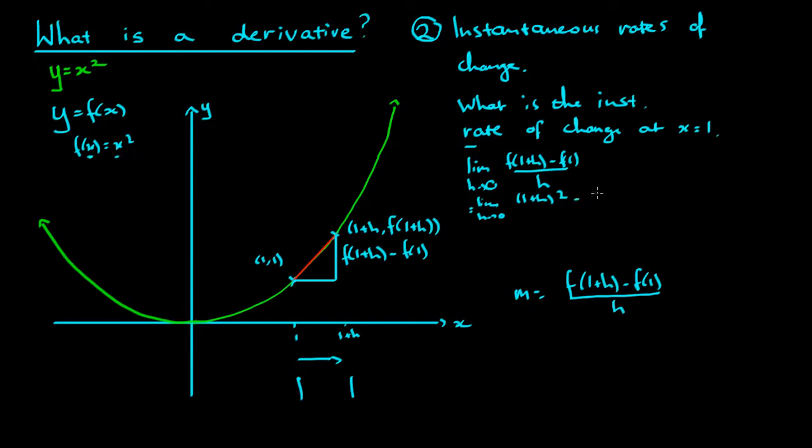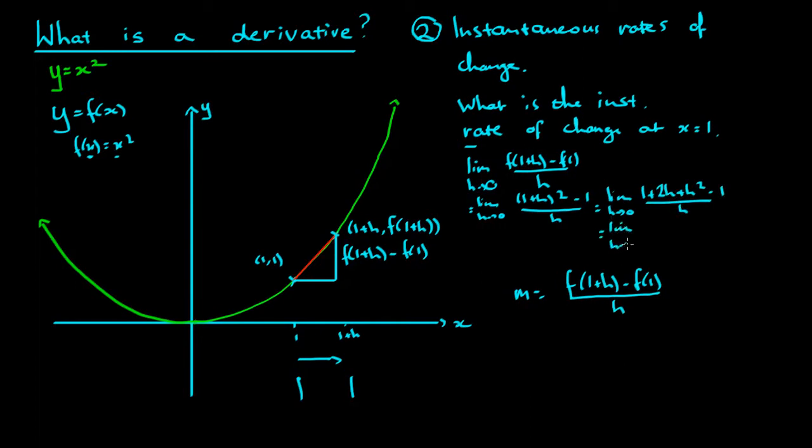So it's (1+h) squared, take away f(1), which is just 1, over h, which is, we expand out that bracket, the limit as h approaches 0 of 1 plus 2h plus h squared, take 1, on h,